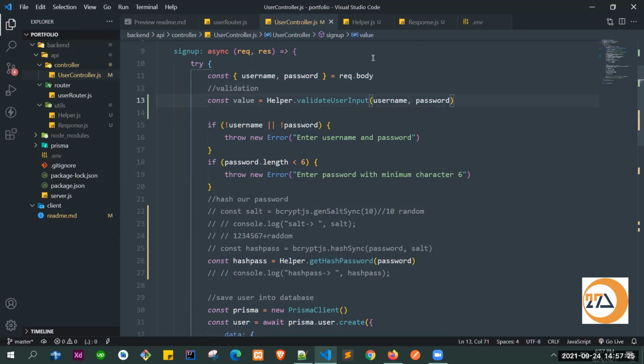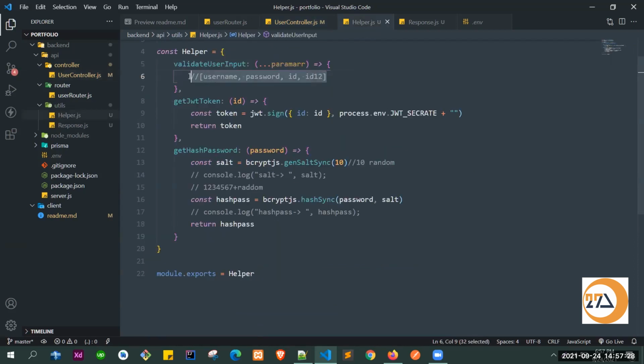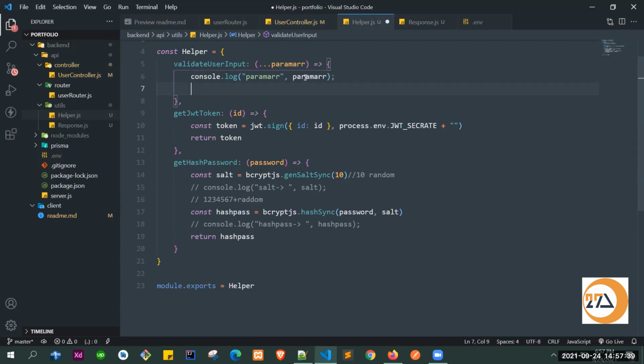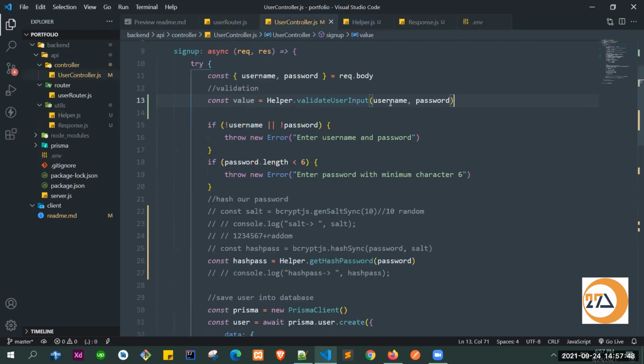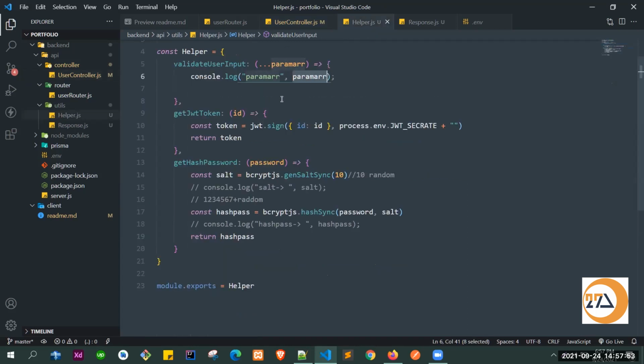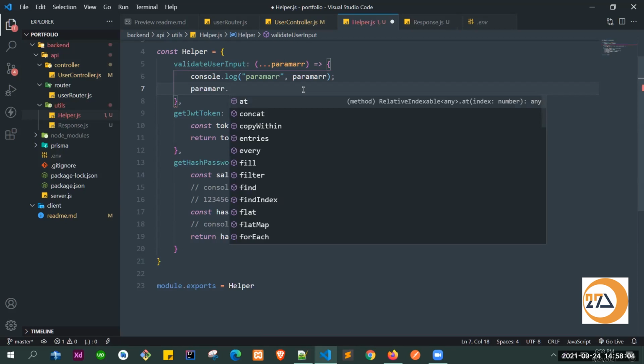And here we can just console log it. Whenever we test, we can see what is passing through this param array, so that we can verify what's coming. After that, we know that this will give you an array, so we will take all the elements from this array and verify whether each has a value or not, whether it is null or undefined or whatever else. So we'll check this thing here. For that, we can write param array, then dot.